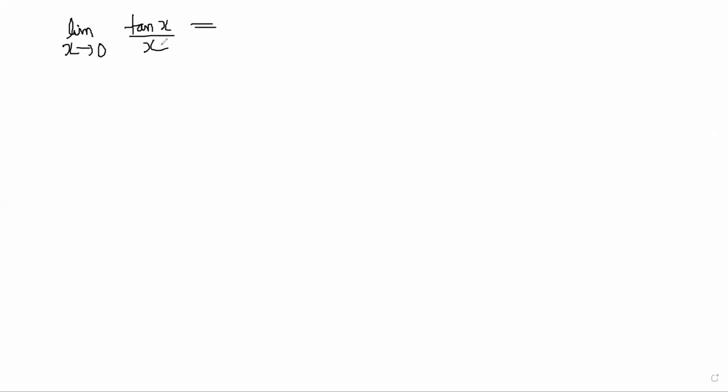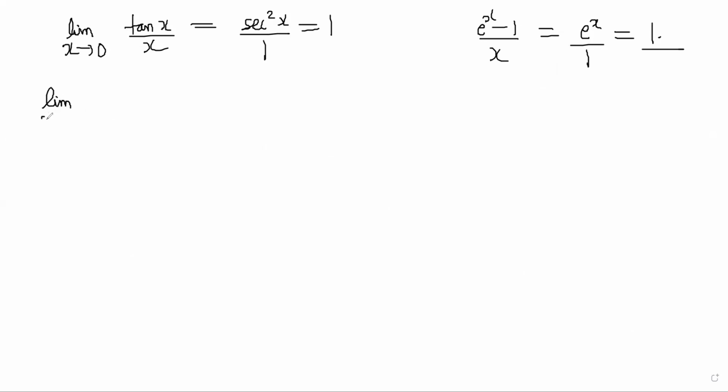See, this is also 0 by 0, but sec square x by 1 is not 0 by 0, right? So this is 1. e power x minus 1 by x, this is also 0 by 0, but e power x by 1 is not 0 by 0. So this is 1, right? All the standard ones that we have seen so far are easily solved by L'Hopital, but